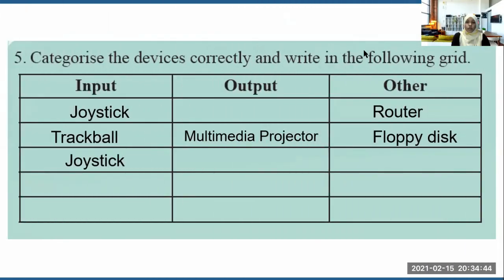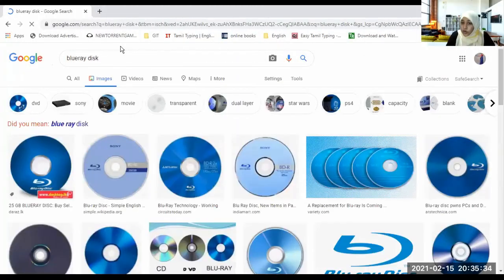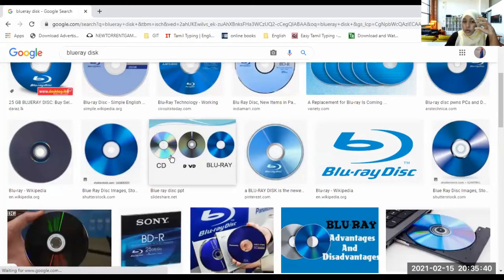Blu-ray disc, you can write down the Blu-ray disc also. Blu-ray disc is similar to a CD. If the CD is a room, in that room only 5 people can live. If we consider the DVD as a room, in the DVD we can put like 20 people. In the Blu-ray room, we can put 100 people.